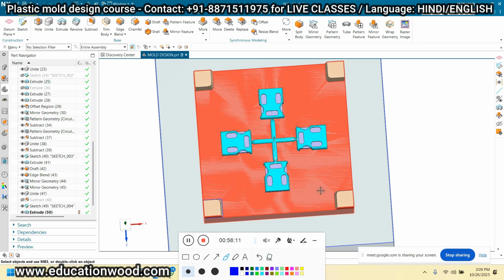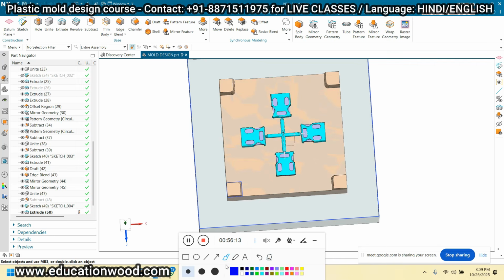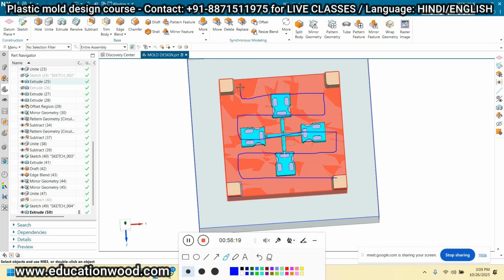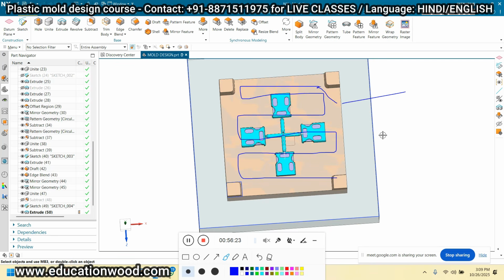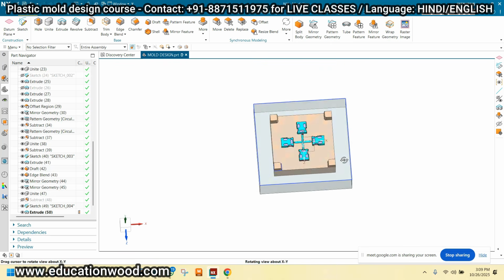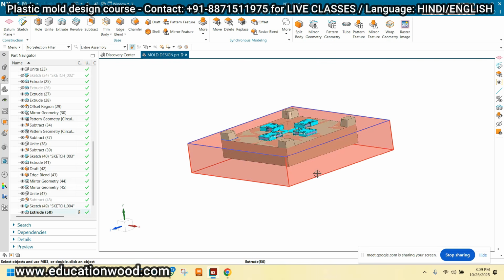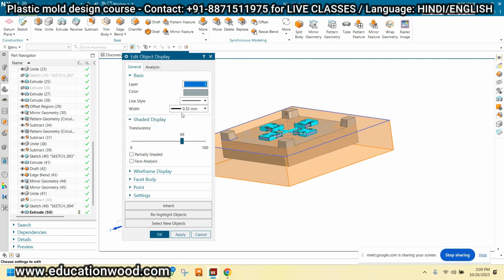Not like this, it will circulate like this, and again from inside it will come out here. This will be the inlet, and this will be the outlet. Understood? Now Control J and just click OK.